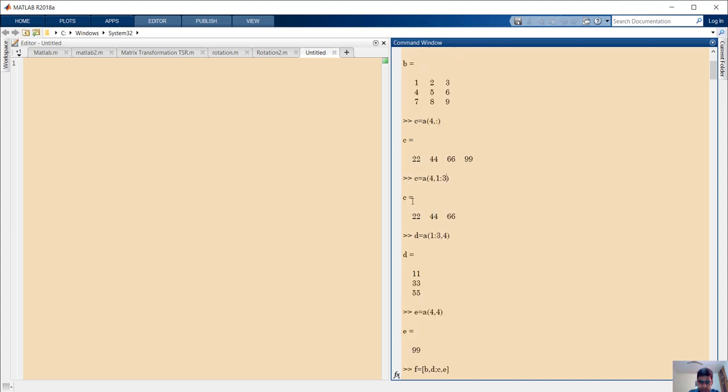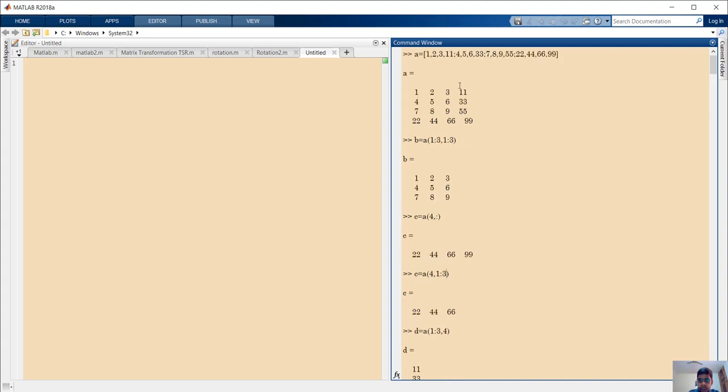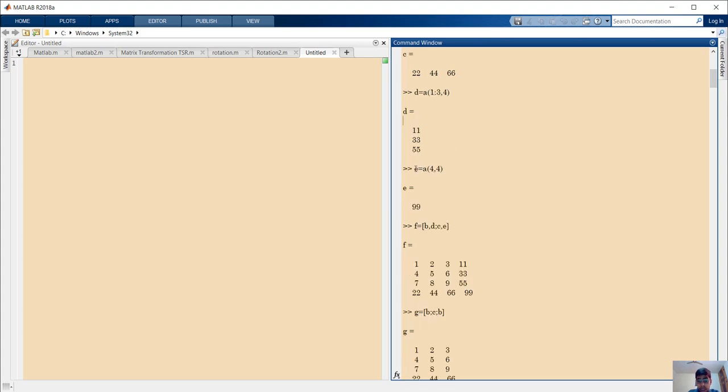And here we have a variable C, then we have a D. I have taken all 3 rows and the fourth column. I have taken the fourth column, and I have selected the first 3 rows of the fourth column. Okay, that is how we denote these things. That is how we create all this. And in E, I have taken the fourth row, fourth column. Then we have only taken one value.